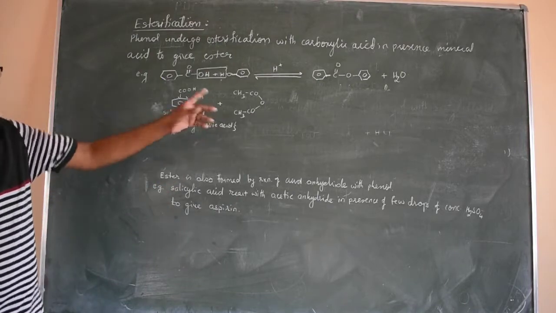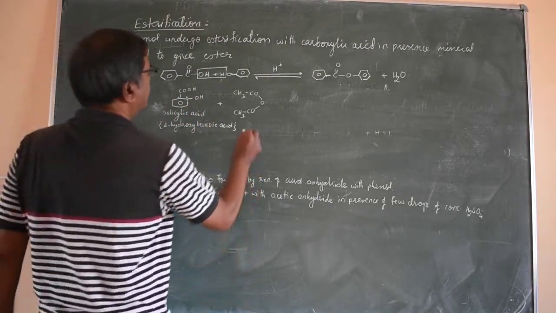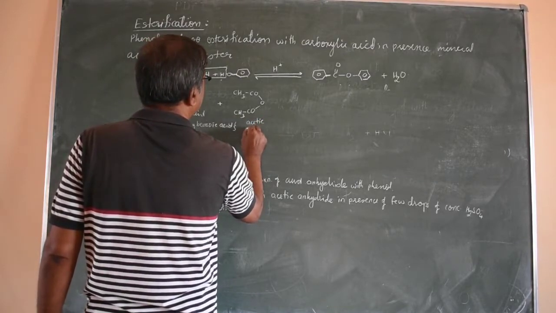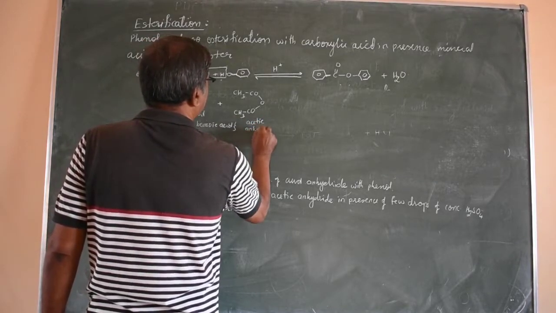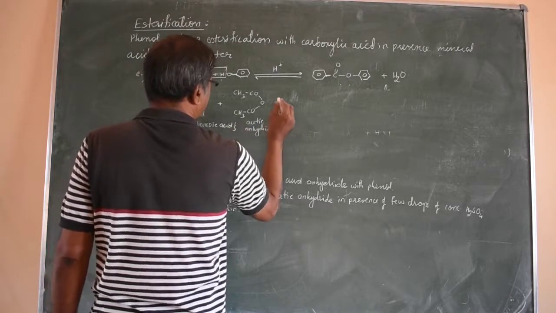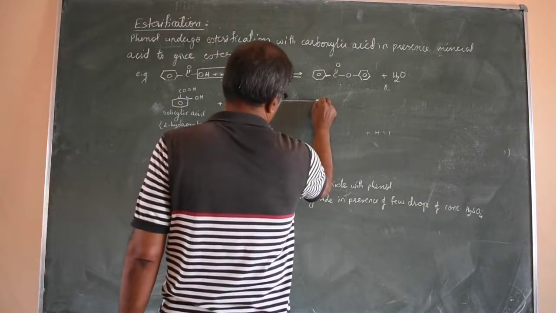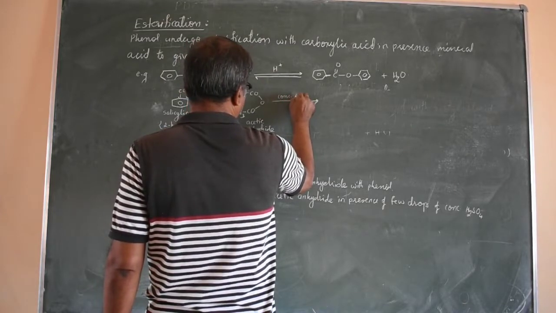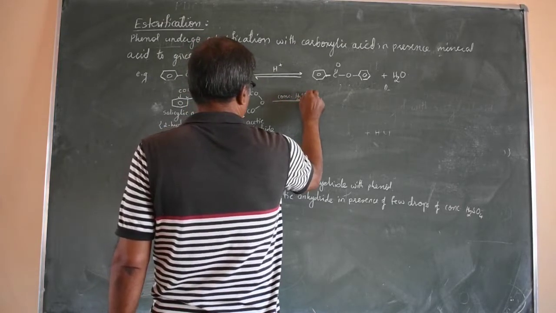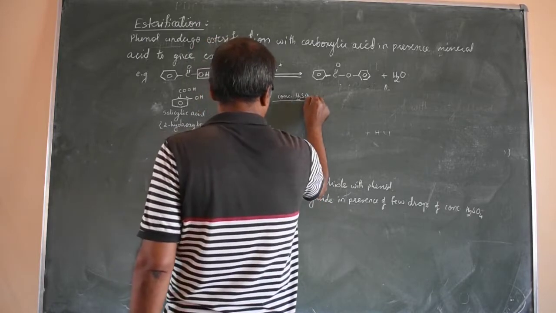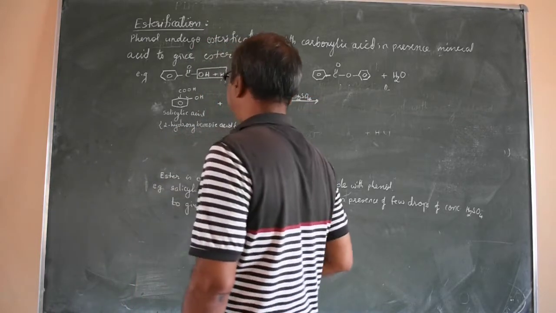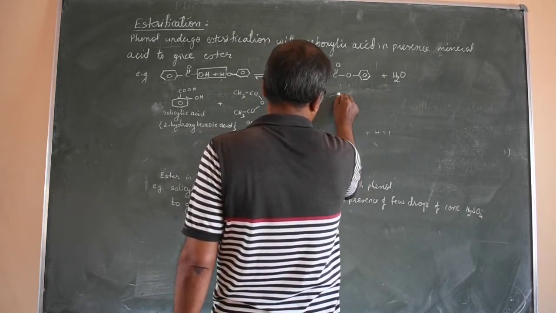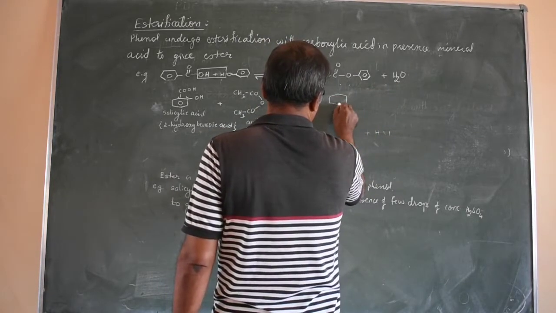This is acetic anhydride. This reaction takes place in presence of concentrated H2SO4. Two drops of concentrated H2SO4 are used. It is just heated, not to high temperature. The product is, we have